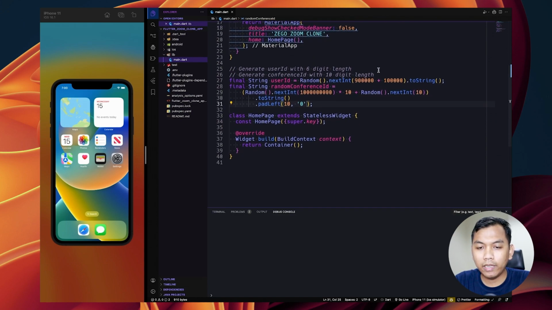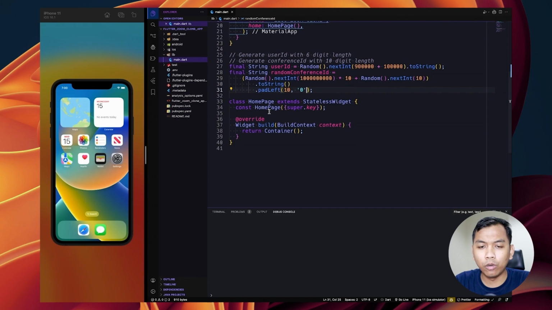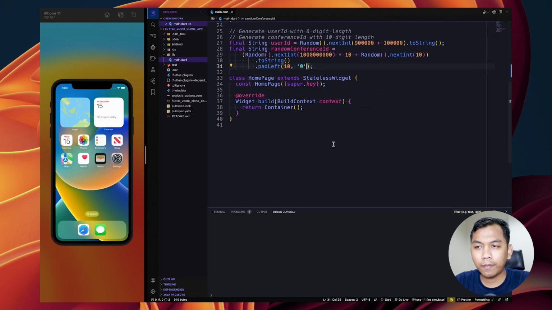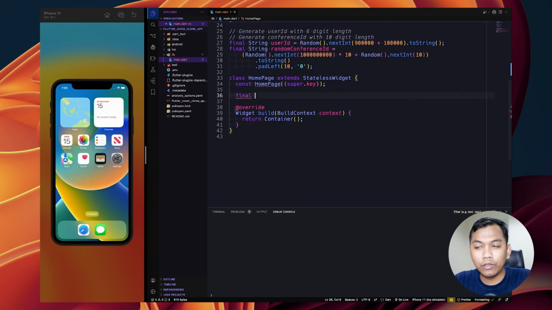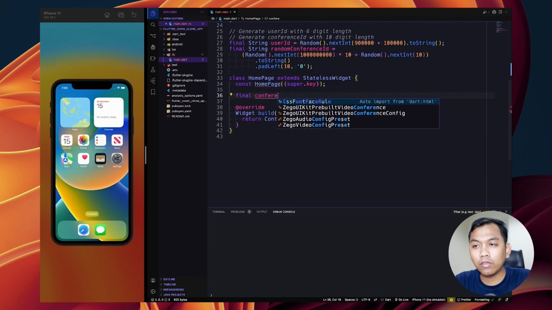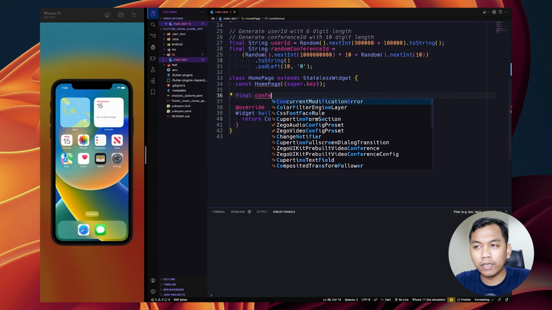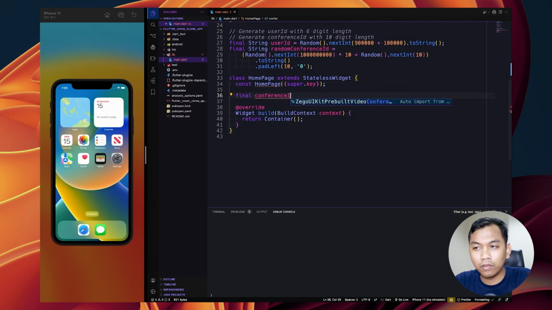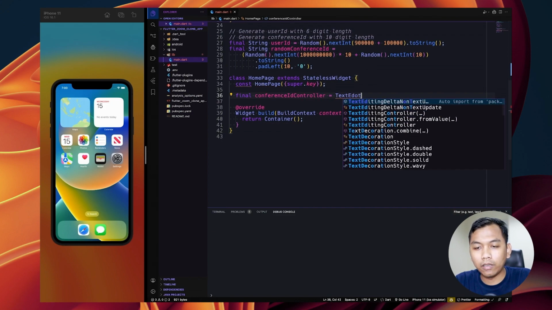And the next step, we need to go to HomePage. We need to create a new controller for our input text field. What do we call it here, conferenceIDController, and it will be a TextEditingController.